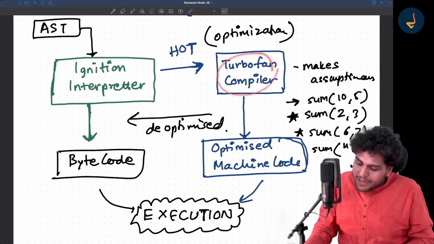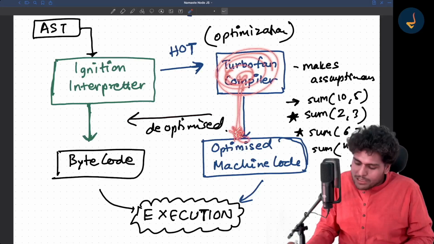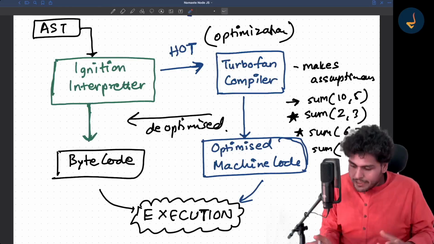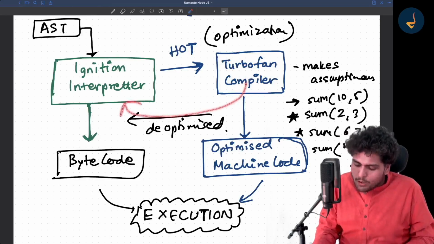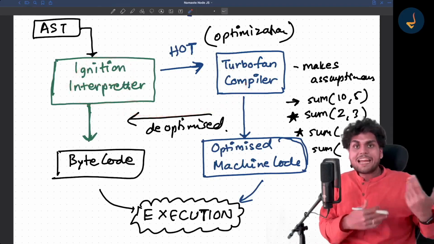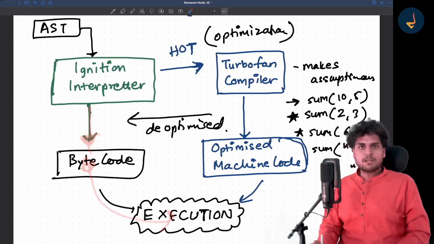Basically, the TurboFan compiler says it cannot send the request to optimize machine code because this will not work, since there are no numbers. So it will de-optimize the code, and the Ignition interpreter will again interpret it like it used to, convert it to bytecode, and execute it.